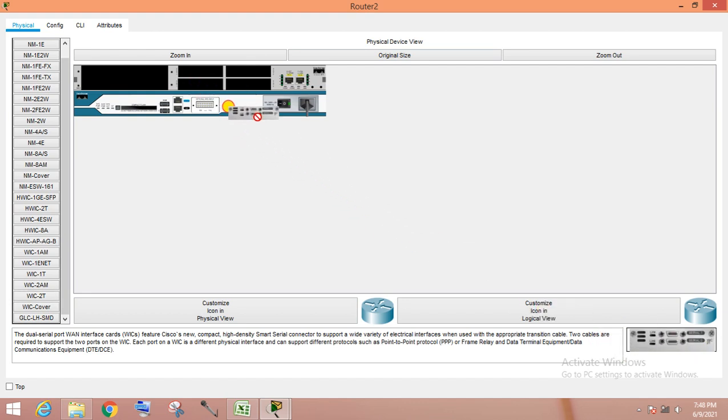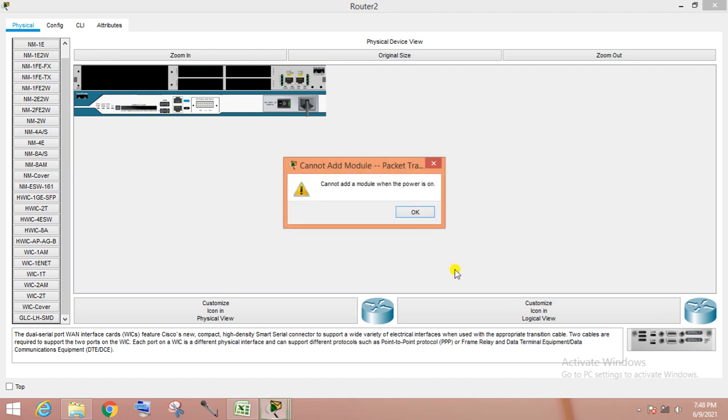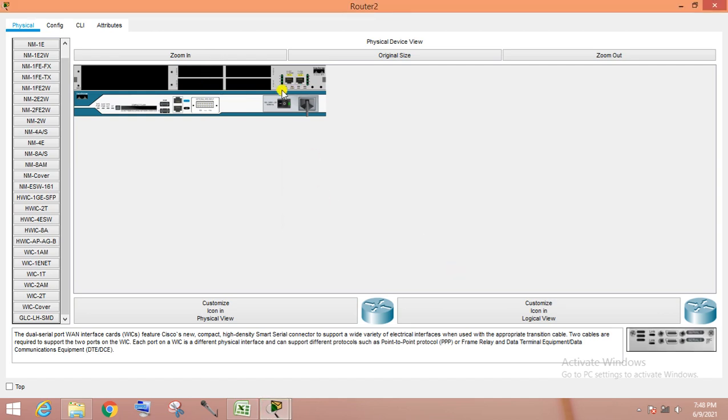If you insert a module while the power is on, it will not work properly. So what we will do? We just power off. After that we have to add the module. Okay, now